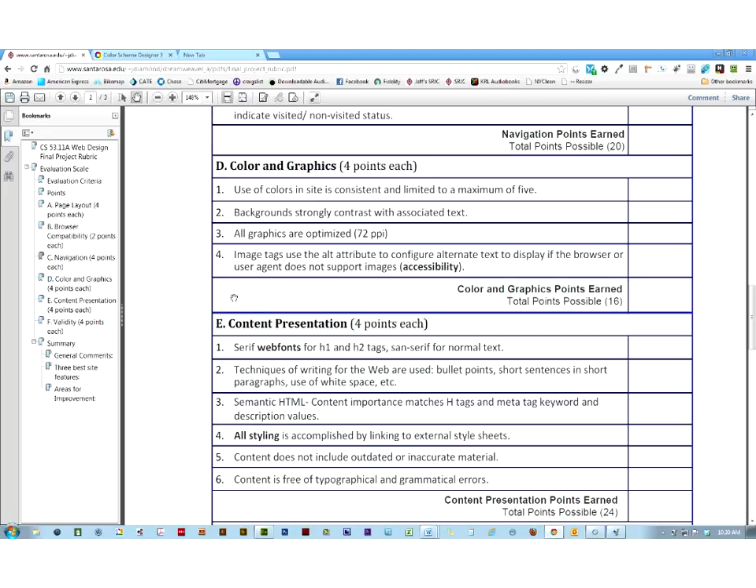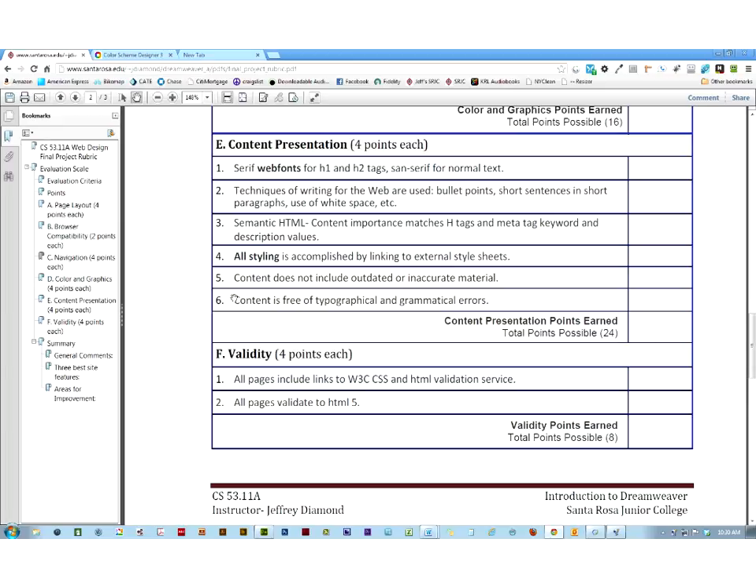The content presentation. Serif web fonts are used for H1 and H2 tags, and sans serif for normal text. So I'm being very prescriptive here, and some people might say, hey, that's not my thing, I don't like doing it that way. For this one time, you will, and the idea is that you really get used to the approach of